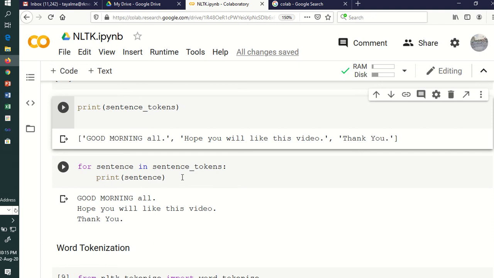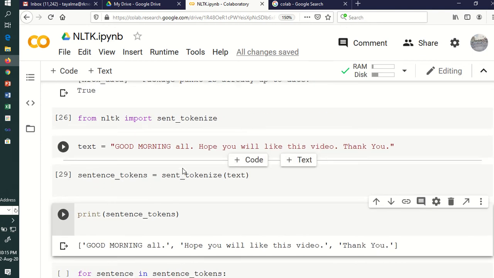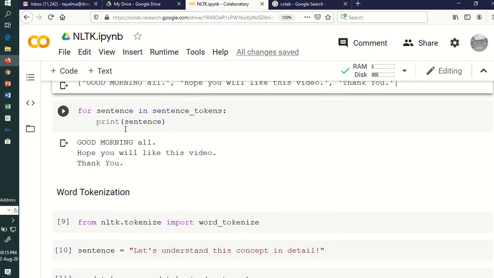So you are passing again whatever text you have passed; this way also you can call your method. You get the output of whatever we passed in, which is in sentence tokens, because we are printing the things inside sentence tokens one by one. So for sentence in sentence_tokens, print sentence, and we got the answer 1, 2, 3, that is whatever we have passed in your text.